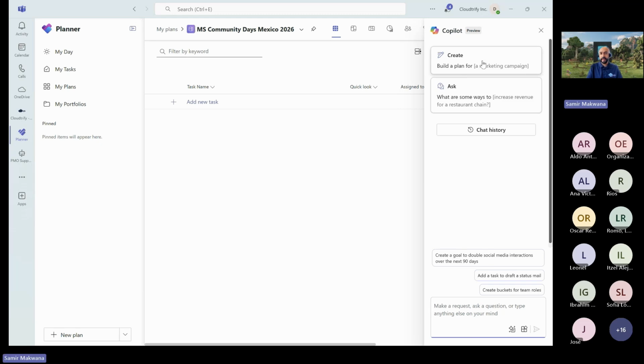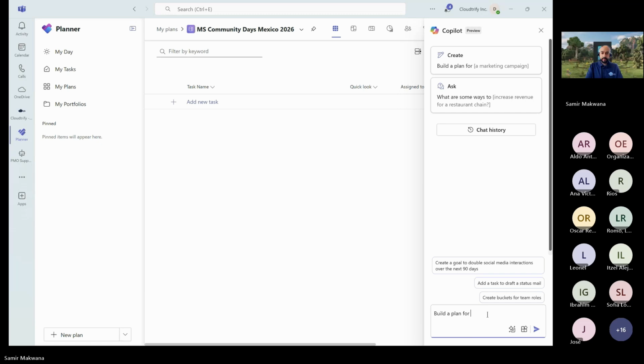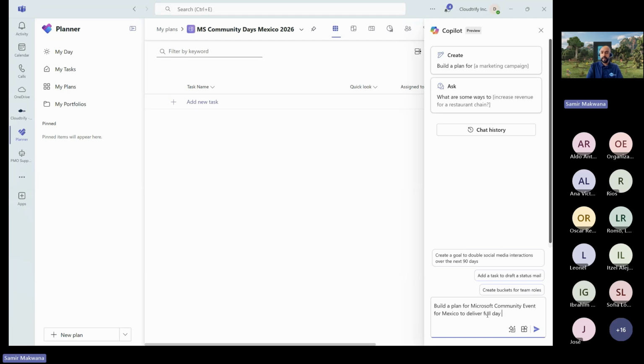I'm going to say create a plan for Microsoft Community Events for Mexico to deliver full day workshop session in Spanish and English.